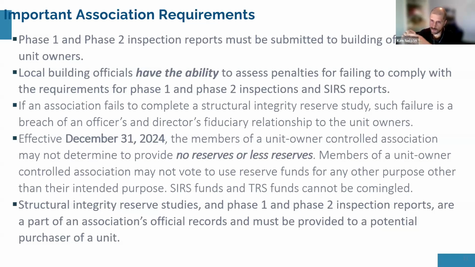If the engineer or architect finds significant structural deterioration, those 3 words are important, significant structural deterioration, then in their phase 1 inspection, they would find at least the first indicators that there is significant structural deterioration, or not, in which case the phase 1 concludes the entire milestone inspection as being satisfactory and not needing any further phase 2 inspection. But if phase 2 inspection is warranted because they found initial signs of significant structural deterioration, then the building